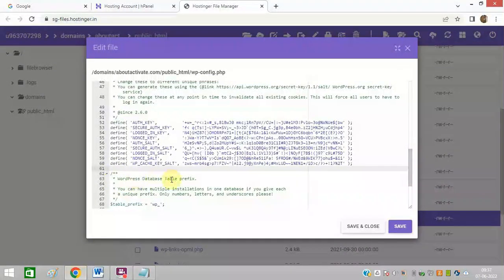Above this line, WordPress database table prefix, above this, here you can just simply paste this code, and to enable it you need to change false to true and click on save. So debug mode is now enabled, and if you want to disable it, you can simply click here and turn it to false